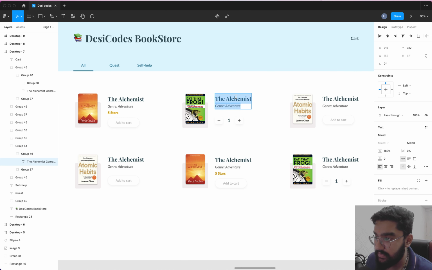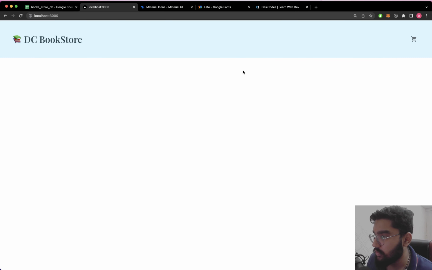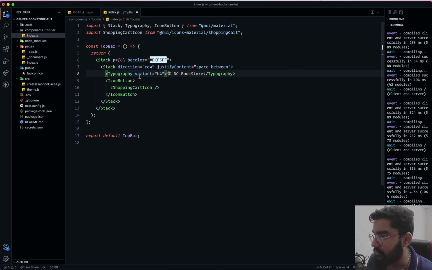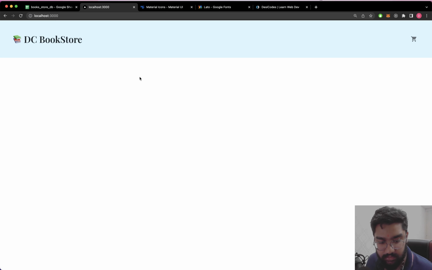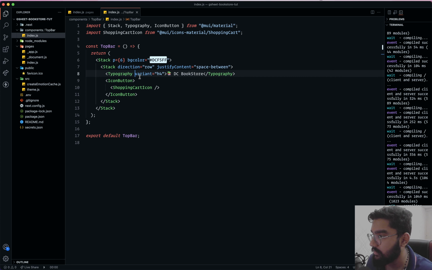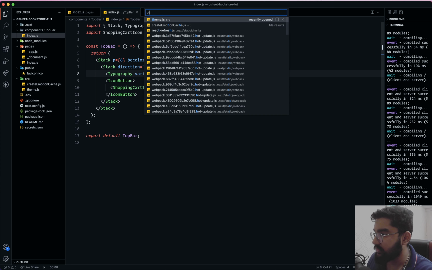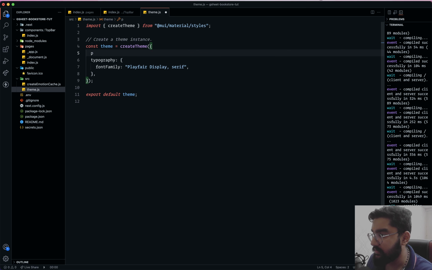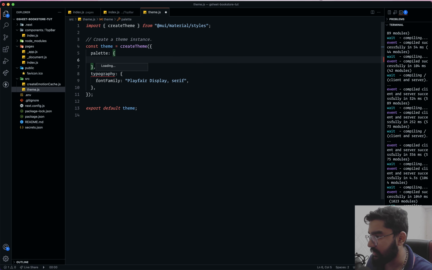So for that, let's copy the color code. You don't have to do this. I'm gonna remove it from here. If I do that, it's back to the normal color, the black one. So now let's head back to the theme, and over here let's target another theme configuration variable, in this case palette, within which we have